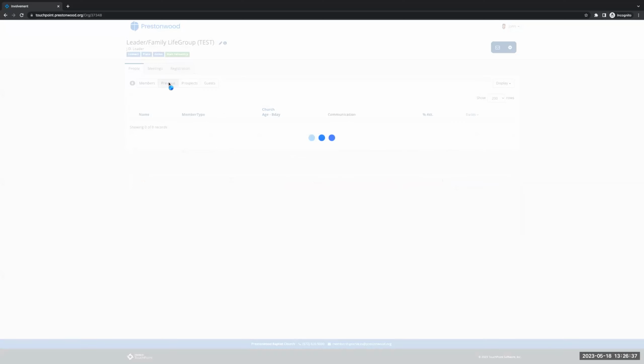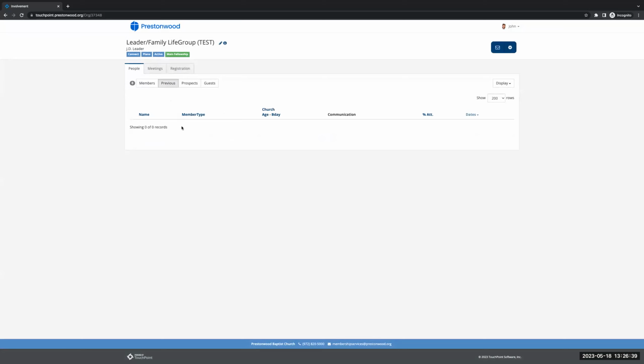Under previous, there's nobody listed here in this particular group, but previous will show anyone who has been a part of your group. Maybe they transitioned out at some point, no longer attend. This is all your previous folks. Prospects,